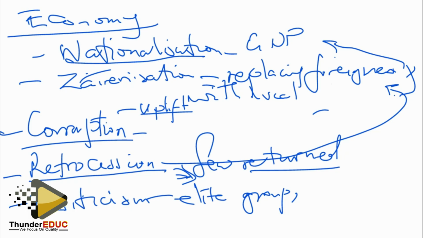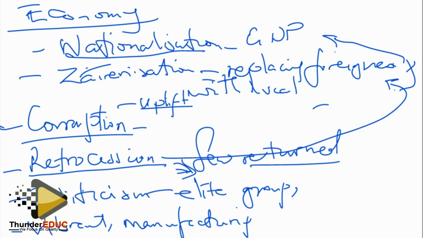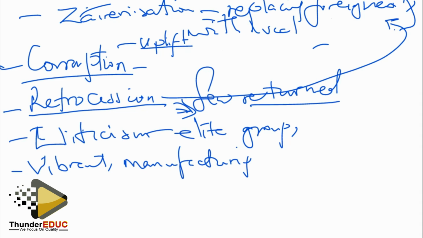Then we also look at the lack of a vibrant manufacturing sector. Because people were inexperienced, the manufacturing sector was not vibrant, which meant that manufacturing was not going very well and the economy could not prosper without manufacturing. You have raw materials, but you can't process them. They had minerals, but they could not process such minerals, which meant the economy did not prosper much from those raw materials. And at the end, the economy collapsed